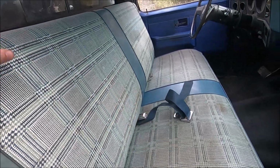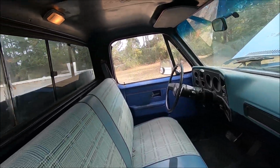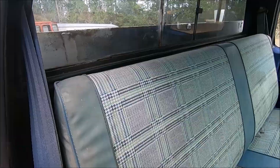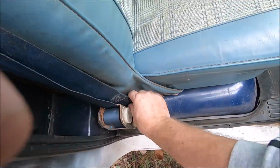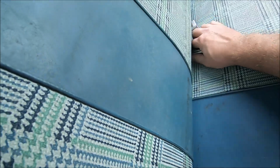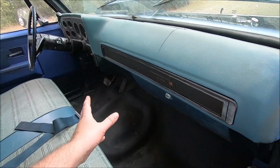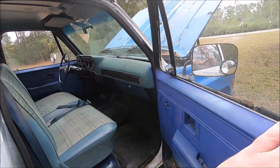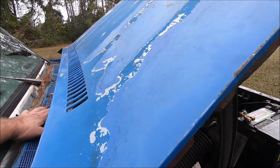Anyway, she's bolted down now, and you know, for a $3,000 truck, even the dome light works. Now it has seat belts. I mean, it has seat belts and everything, and what kind of $3,000 truck, for starters, even has seat belts? But, you know, the interior is mostly complete. It's all there. So there you go. I mean, literally everything works on this truck. So the only thing remaining